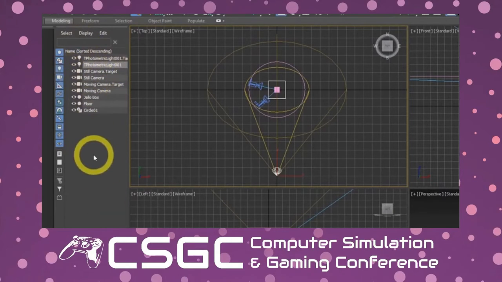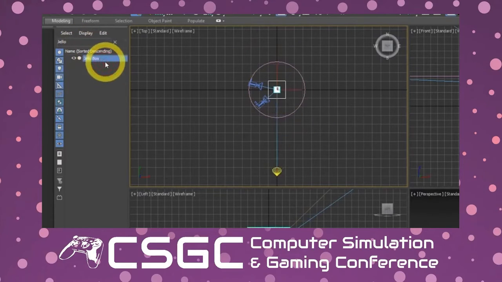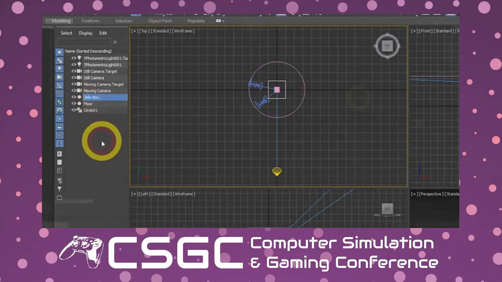Another way to quickly select items from your Scene Explorer is to type their name in the search box. So maybe I want to look up for the Jello box. So that is right there. And this is another reason why it's a great idea to name your objects as you create them, because you can quickly search for them. When you create new objects into your scene, they're just simply labeled the object name and an incremental number. So if I was creating a light, it'd be Spotlight 01 or Camera 02 or whatever the case may be. You can always right click on the object inside of the Scene Explorer and rename it from here.